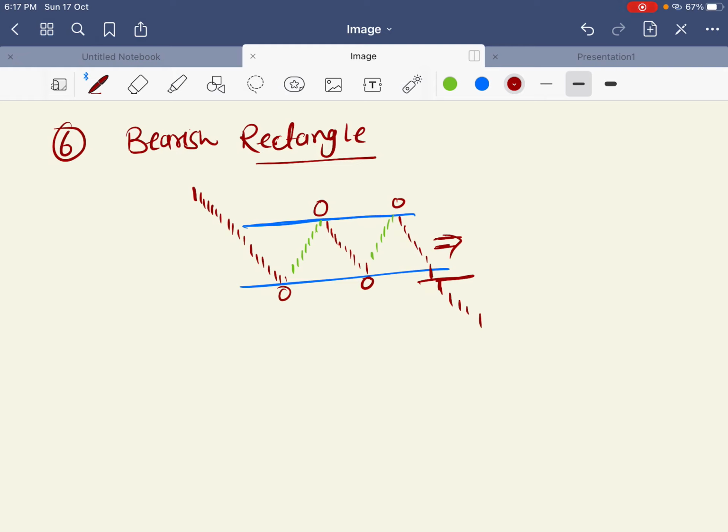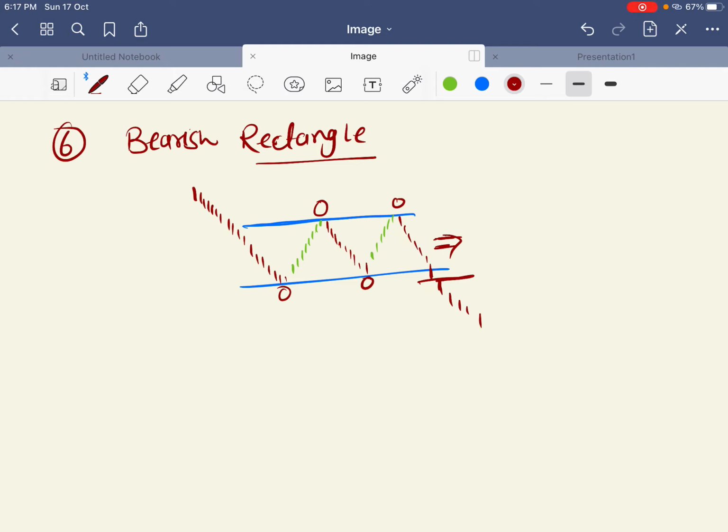So these are some most important bearish chart pattern. I already discussed bullish chart pattern, so if you want to check that video you can check it. From this video you can take help and identify how to read these pattern and you can take benefit from these pattern accordingly.